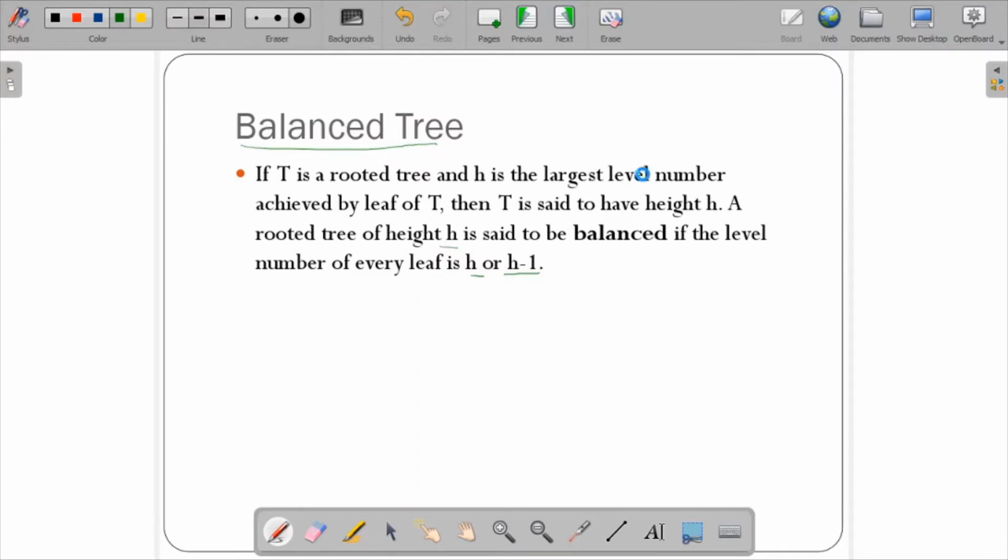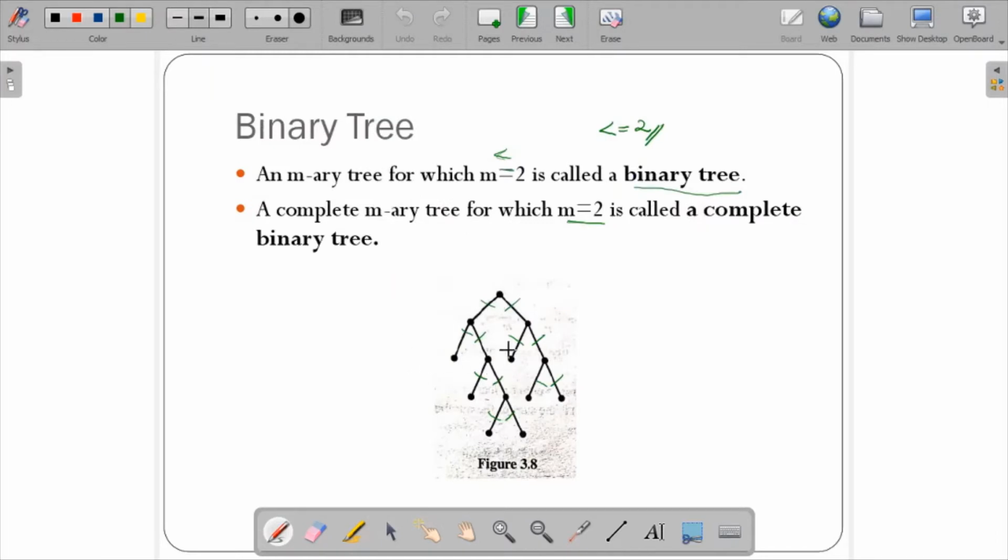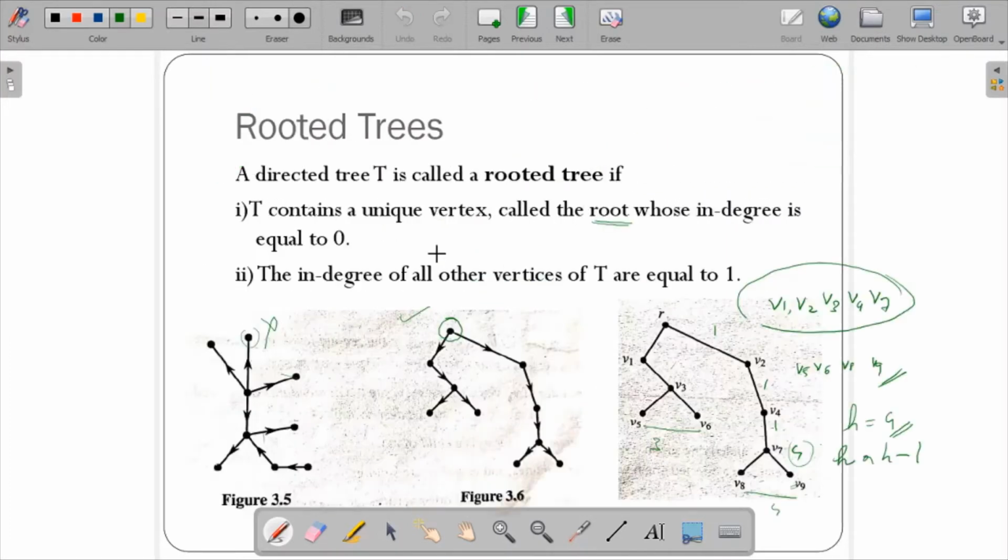If you go back to this particular figure, your max height is 1 2 3 4, but the leaves here are at 1 2 3, and again here 1 2. At most it can have 4 or 3, but here you have the height as 2. So this tree is not a balanced tree, whereas in the first example I showed, the leaf has height 3, max height is 4, and these two leaves also have 4. So leaf nodes can have the height H or H minus 1, then it is a balanced tree.